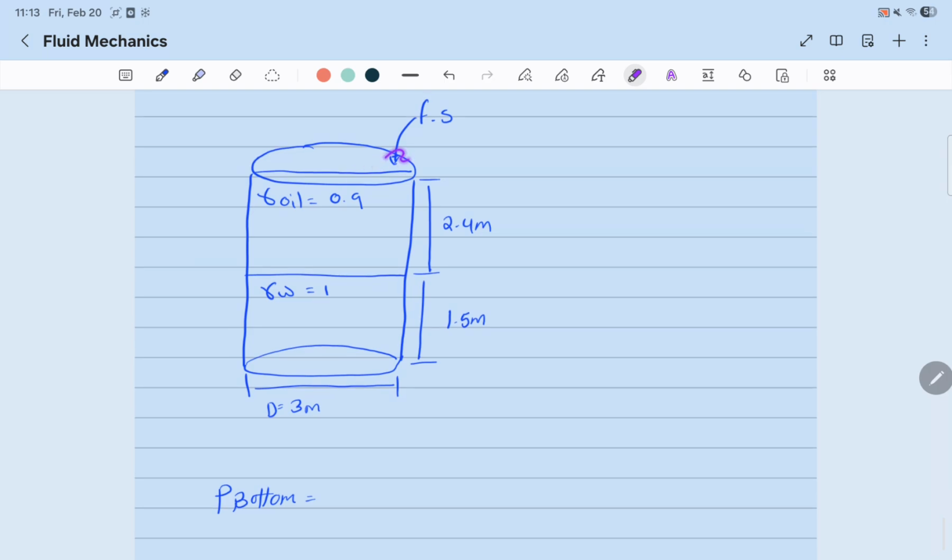The reason we're using zero gauge and not absolute pressure is because we're taking into account the pressure of these two liquids, oil and water, and they're measured in gauge. Of course, we can change them to absolute, but I'd rather work with them in gauge, so I'll start with 0. Plus, now we know that pressure is specific weight times height. Plus 0.9 times the height of oil, 2.4 meters,